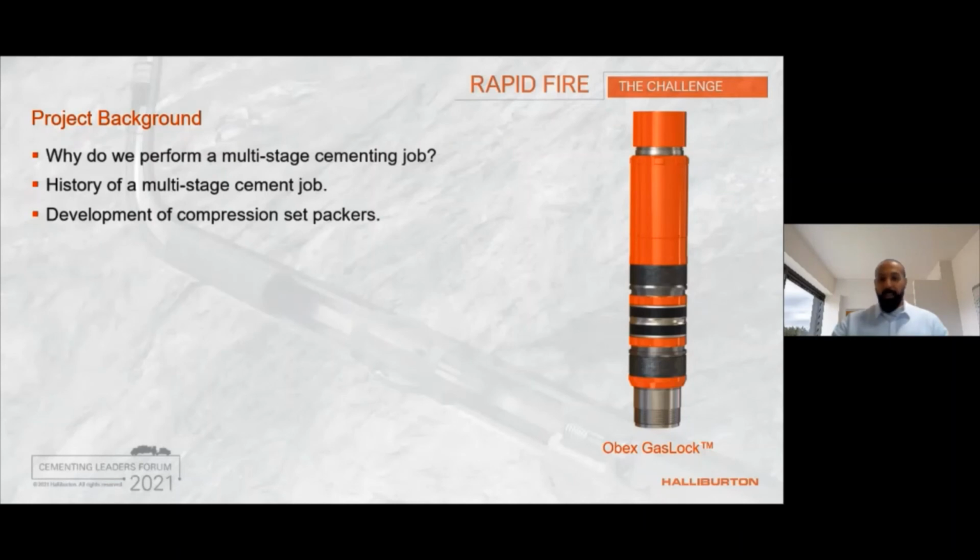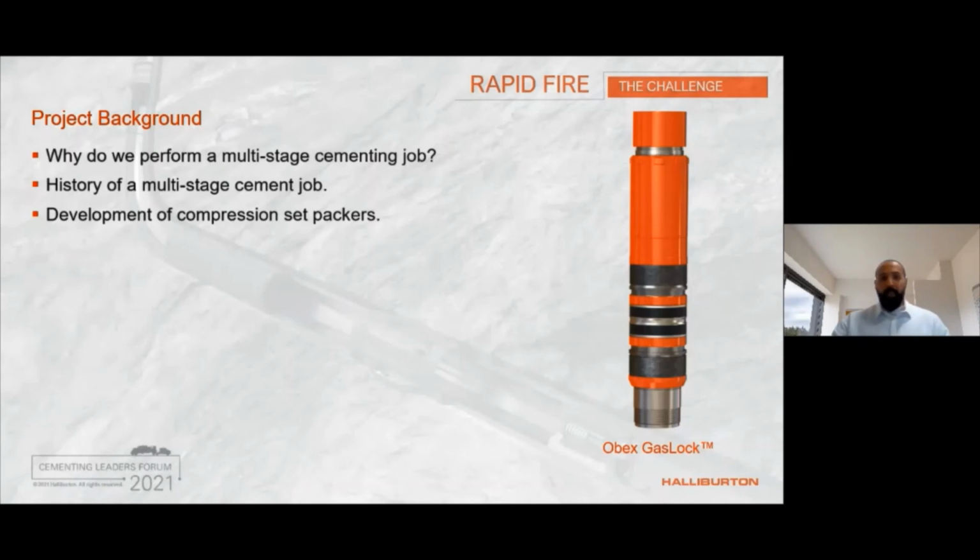The OBX Gazlock is a 10,000 psi bidirectional V0 compression set packer with anchoring capabilities, and it can be used as a standalone packer or with an integral cementer in case a multi-stage cement job is required. The OBX Gazlock is an additional barrier to the cement slurry, which helps in preventing sustained casing pressure, especially in high pressure, high temperature wells. As a result of this development, the OBX Gazlock was run in multiple wells, and the operator reported no sustained casing pressure in these wells.